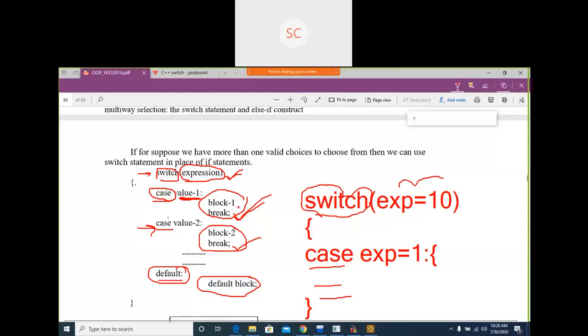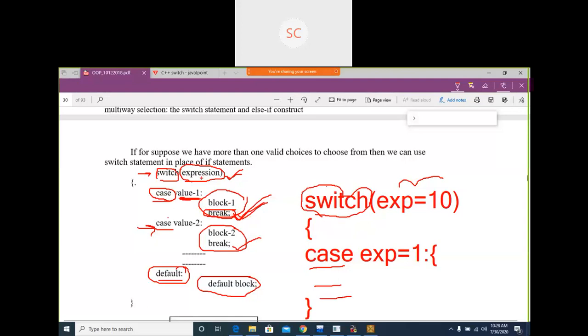Related to the break statement, you can use it in an if statement also, or else in a for loop also. But if you are using this break statement within the switch statement, it breaks the execution here.